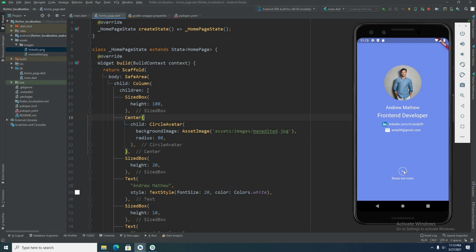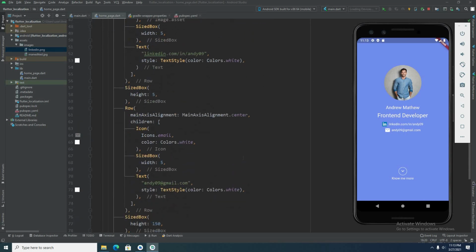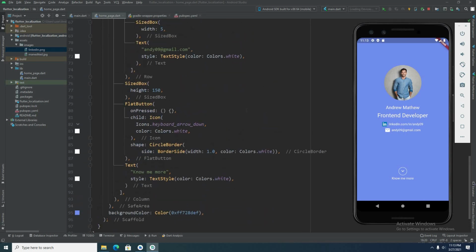So yeah, we have created the first screen of our app, but nothing happens when I press this button. So let's add some code in onPressed of the flat button to navigate to the second screen.